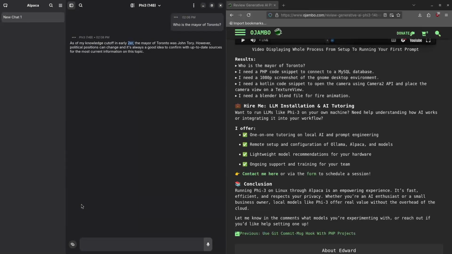So, anyways, the point is, that is incorrect. The mayor of Toronto, as I said before, is Olivia Chow. At the time of this recording, it's not John Tory. He's the one who resigned. But the fact that it tells you to get up-to-date information is actually good. So I'm going to give this one